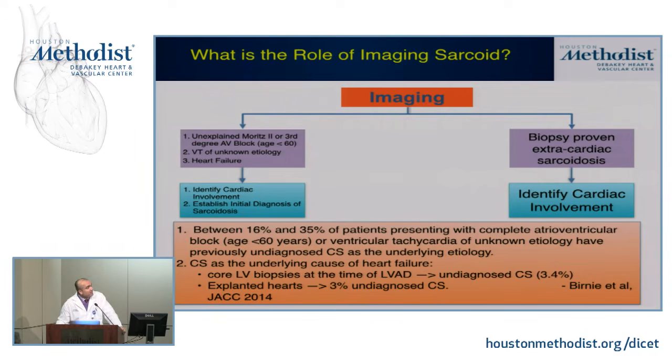I think one is on the right-hand side where you have patients who have known extracardiac sarcoid and they're coming for evaluation of cardiac involvement. But also I think sometimes you see it on the left-hand side, as this patient that presented here, a patient that's relatively younger, under the age of 60, who presents with unexplained advanced AV block or unexplained VT, or unexplained heart failure, that oftentimes CMR can help to identify the clues that lead to ultimately establishing the diagnosis